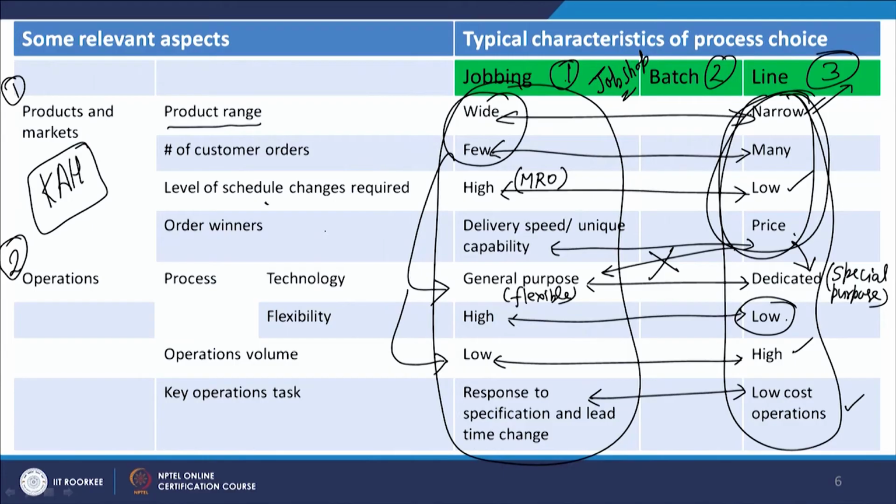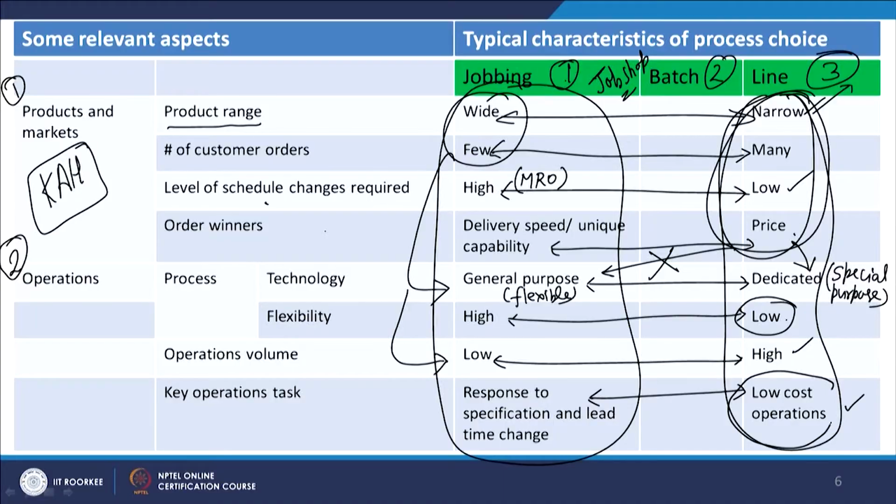And in the case of this extreme, when we have dedicated facilities, our objective is more related to low cost operations. So, we make a lot of investment, we do a lot of planning, particularly related to maintenance management and scheduling of activities, so that you get the minimum cost of production. And therefore,